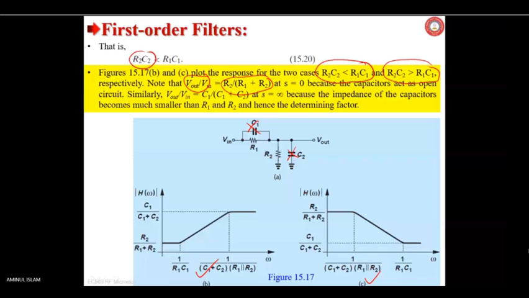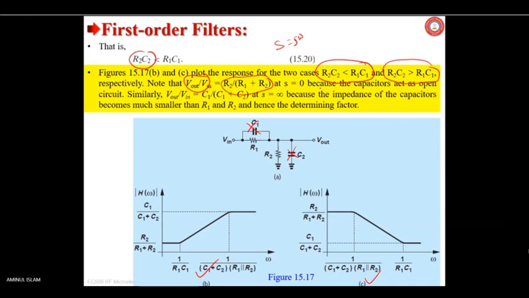At H equals 0 means what? Frequency is 0, j omega. So at zero frequency they are open. C1, C2 are open, so what is left over is simple: R2 by